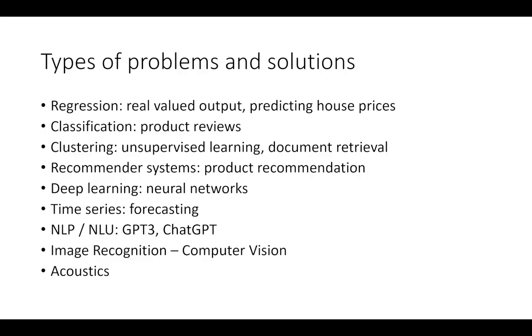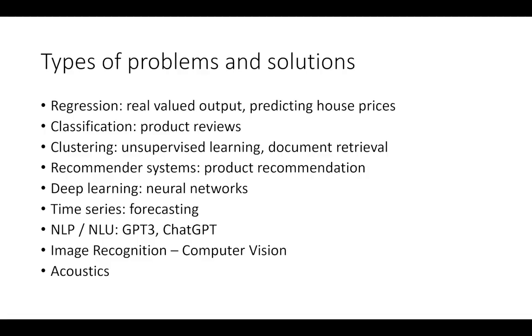The next one is clustering. So this now gets into the unsupervised domain. Regression and classification are both supervised learning, where the data is labeled. You know the outcome. You already know the sale price of the houses that were sold in the past, or you already know the rating of the products that were already reviewed by customers.